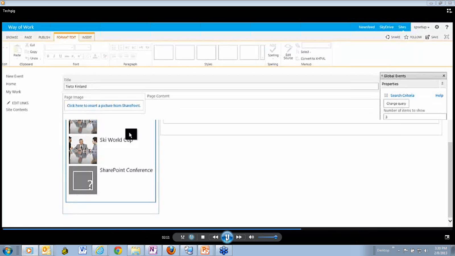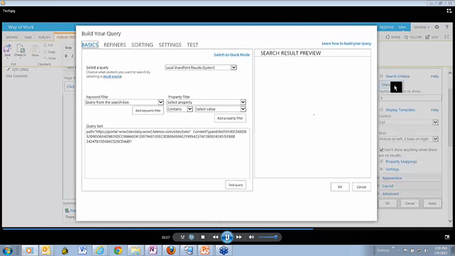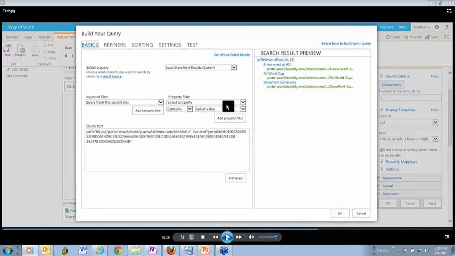So this is what I was talking about, query builder. This is how you write a query. If you can understand this,